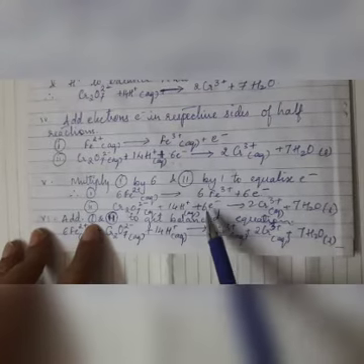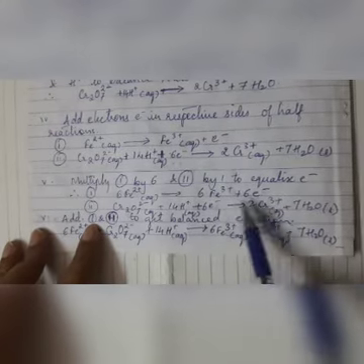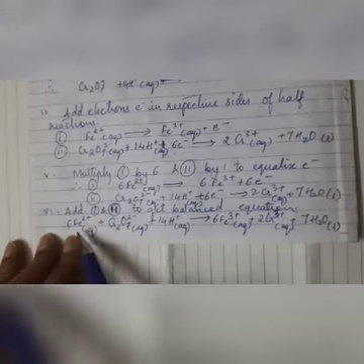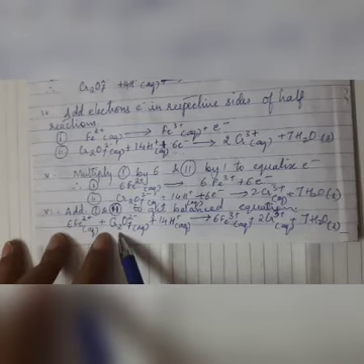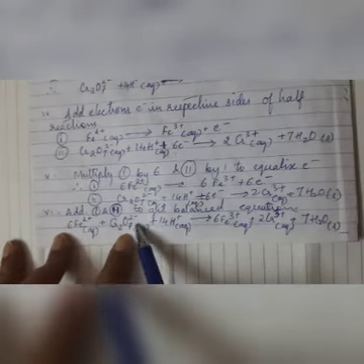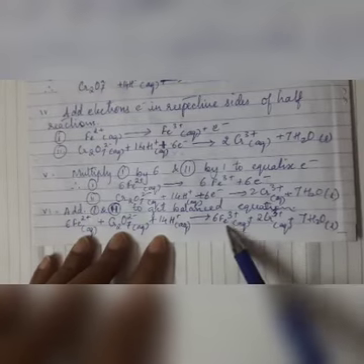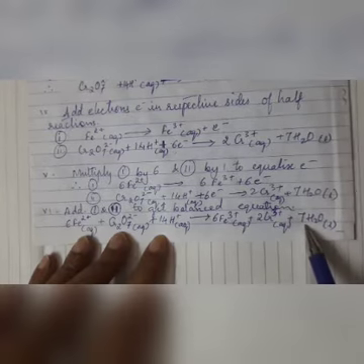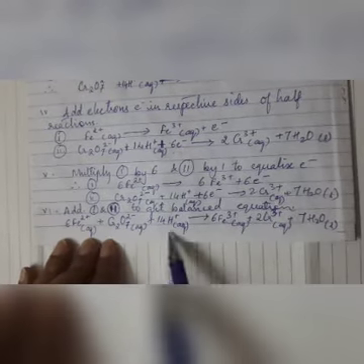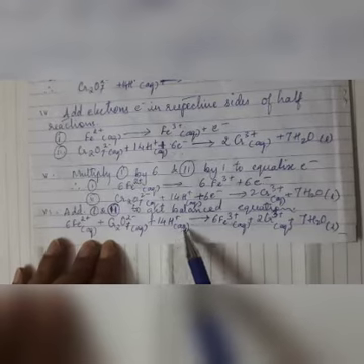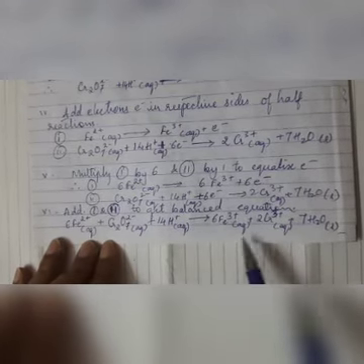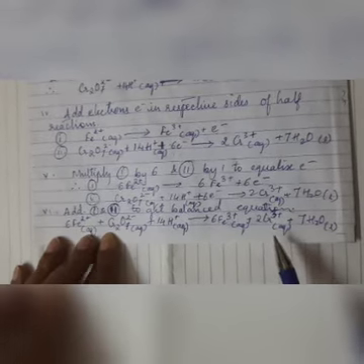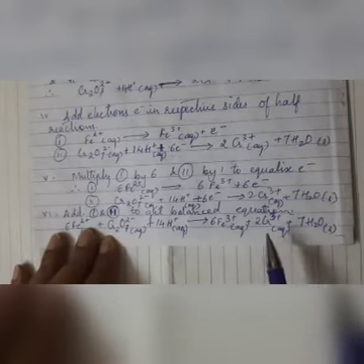When you add both the equations, the electrons on the opposite sides are going to get cancelled, and therefore you are going to get the overall reaction, that is 6 times of Fe2+ plus Cr2O7 2- plus 14H+ will give you 6 times of Fe3+ and 2 times of Cr3+ plus 7 times of H2O. Now if you find the total number of atoms on the left side and right side, both are equal, and hence the equation is balanced by the half reaction method. So this is about this equation.